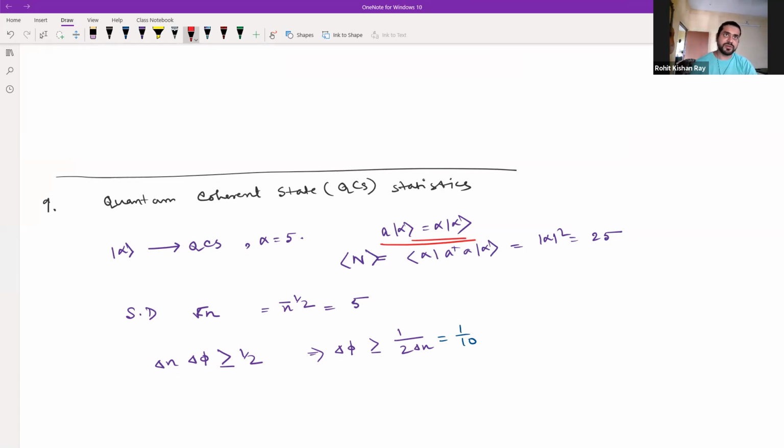So we use the number operator and act on it. We know the number operator expectation value gives us the mean number. So basically, that is what we are doing. Once we have this, then we can define the standard deviation. Why? Because this is from the Poissonian statistics, so we can write it in this form, and then you can get the standard deviation directly. And if you use this uncertainty relation, then we can get the quantum uncertainty in the optical phase through this expression. This was pretty straightforward.